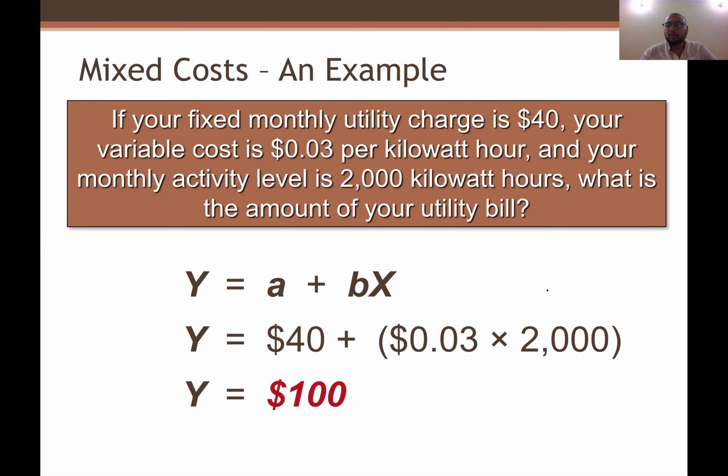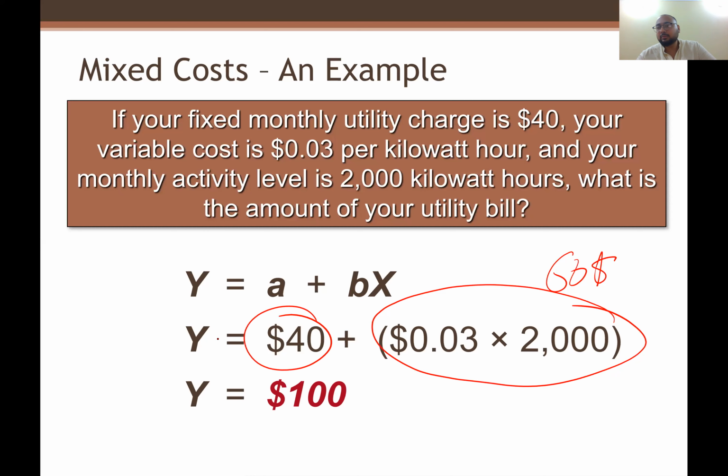So 2,000 multiplied by 0.03, the answer is 60, right? Plus the fixed rent. If you don't use any, you still have to pay $40. So 100 is your electricity bill, which includes